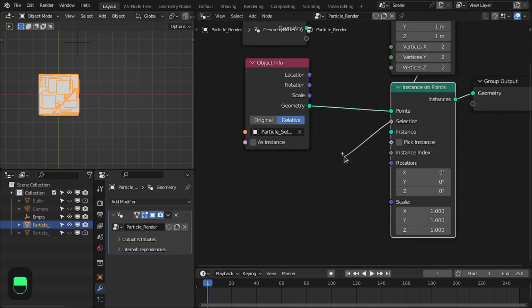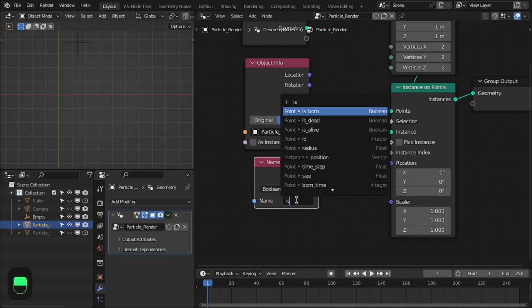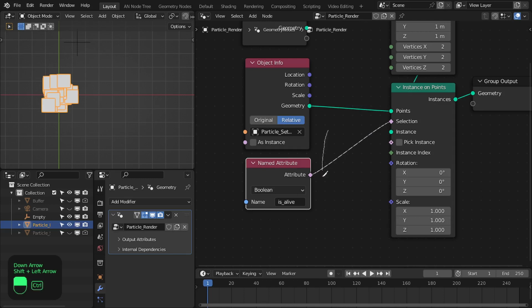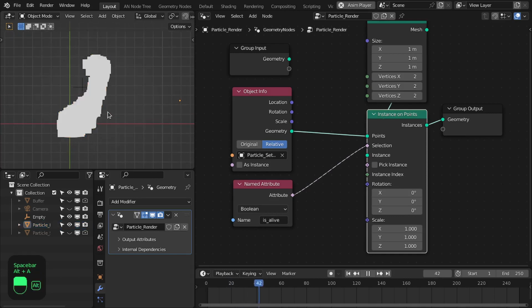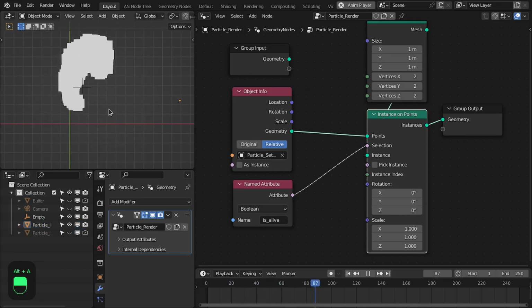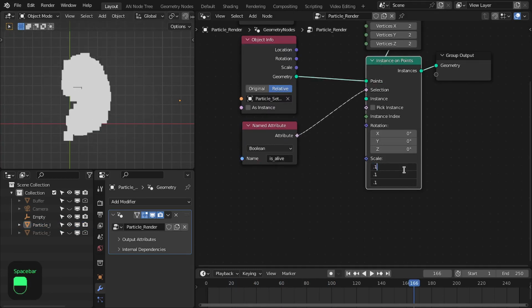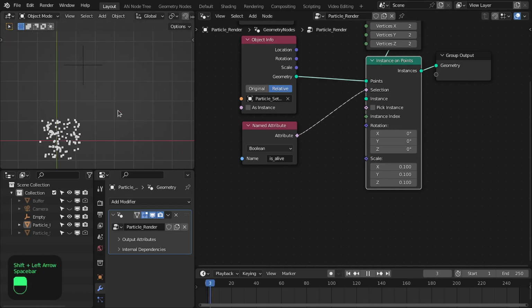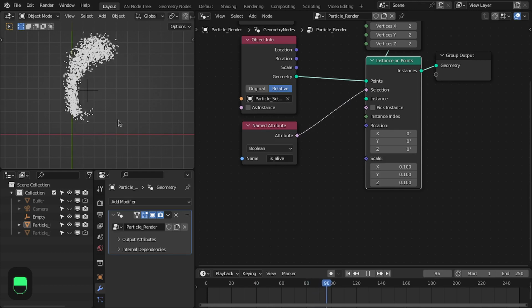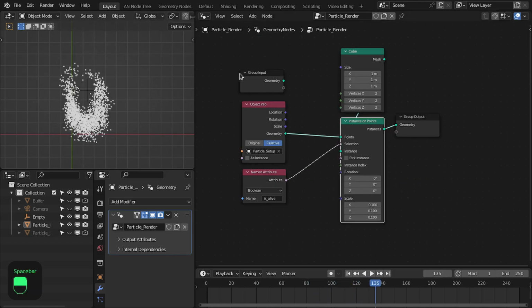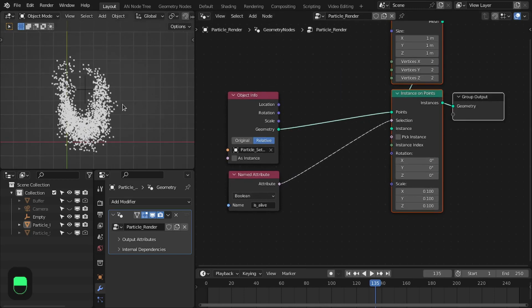So to handle this, we're going to use the live flag. So now this is before and this is after. Let's change the scale to 0.1. Yeah, it is working. Now suppose you want to change the size of the particle based on their age,